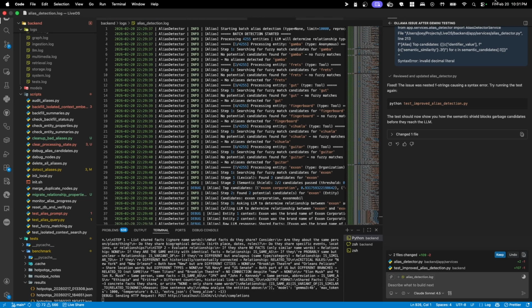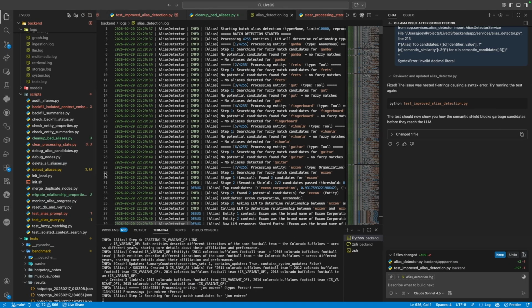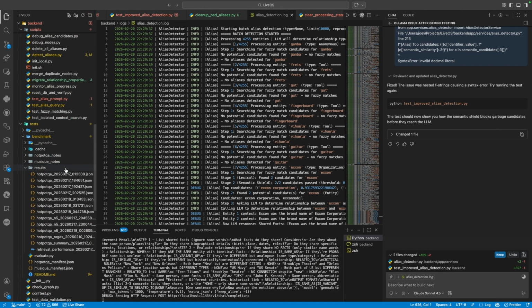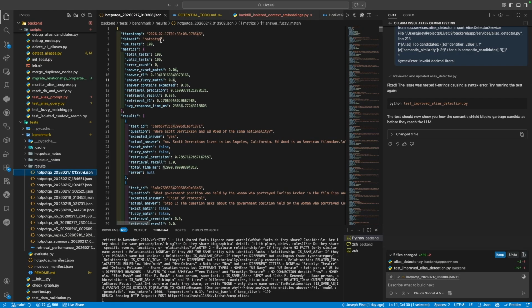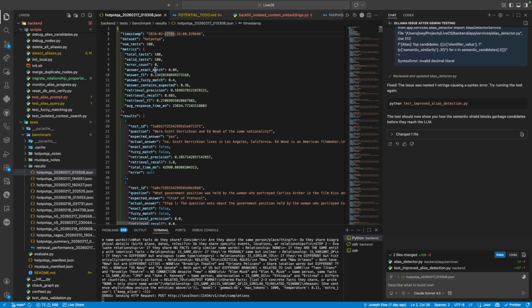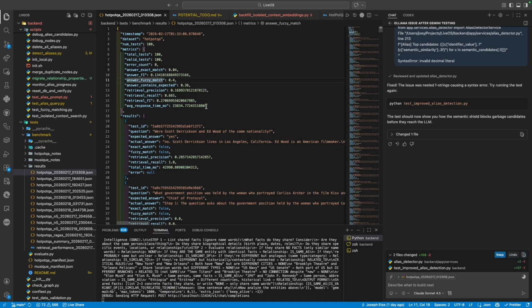Okay, so since the last video, I have been working on improving the entire architecture for the system, and so far so good. Because this test was on the 17th, and these were the results. Exact match 4%, fuzzy match 40%. And these are all the other metrics, right?